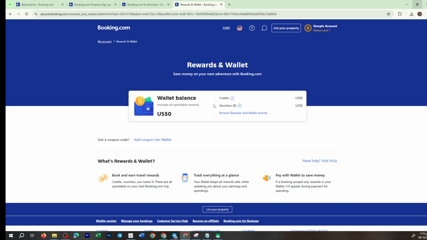As soon as you're on the Wallet page, you'll be greeted with a comprehensive list detailing your available rewards. These might include cashback incentives, promo credits, or even travel discounts from bookings you've made in the past. This section is particularly helpful for tracking your savings, allowing you to see exactly what rewards are at your disposal